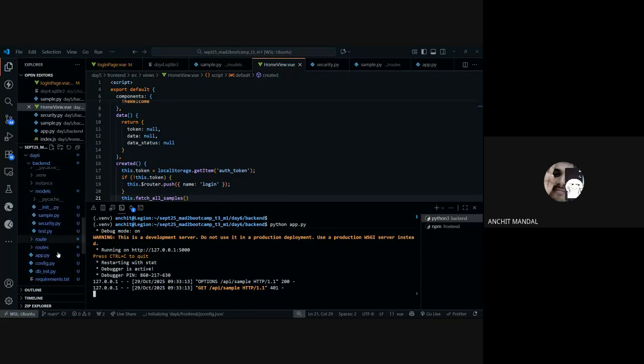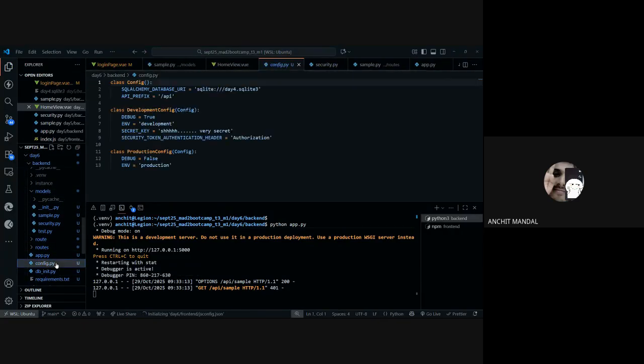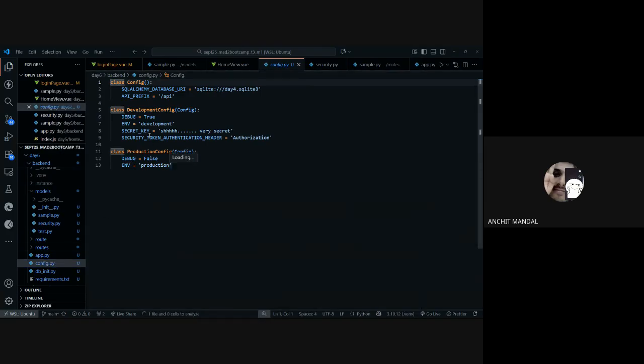Let's just explain it. In the configuration file, you can see there's a secret key, right? Now the secret key is needed for our token. As of now, I am saving the secret key as a string, just for development. Why is that so? Because whenever you restart your server, it gets a new session. In that case, it checks if the secret key is the same or not. If it's the same,